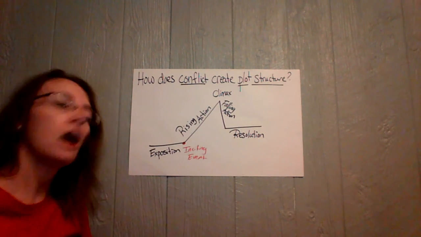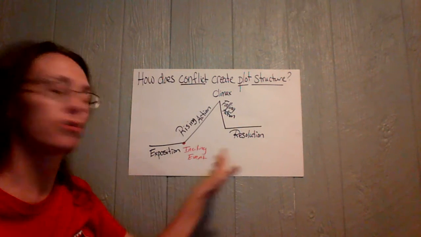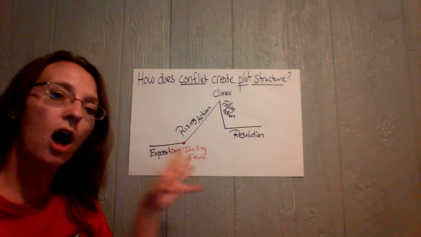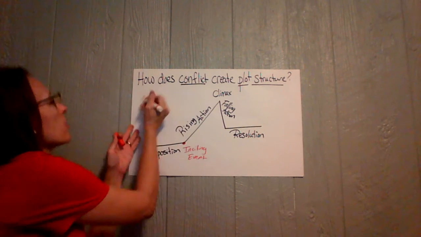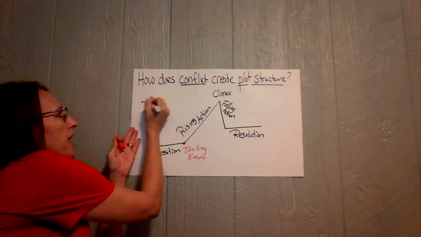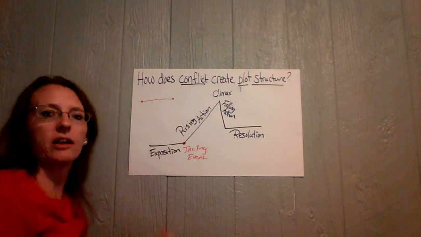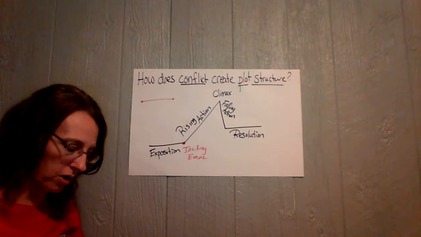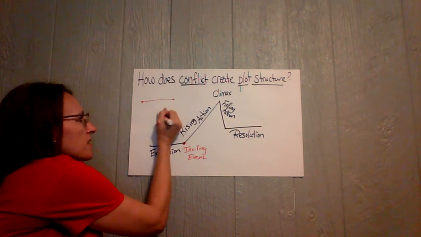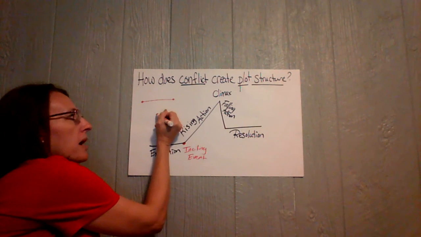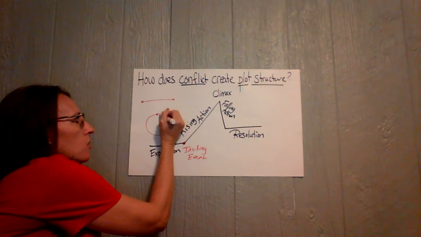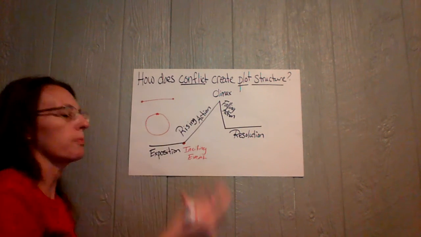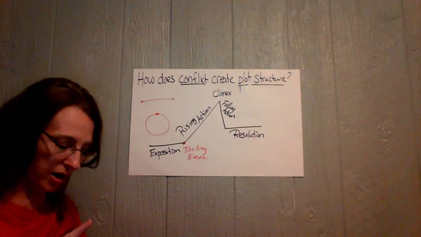Although these are the steps in a traditional plot structure, not all authors will tell a story in this order. Some of them will start at point A and go to point B and tell in a sequential or a chronological order. But you'll also see works that begin maybe at the end, and through flashbacks the story is told so that we end up at the end of the story as well, and so we have a